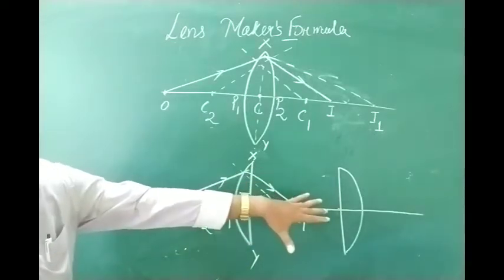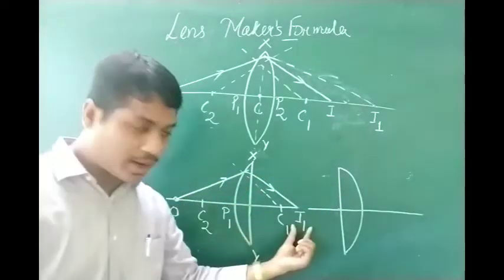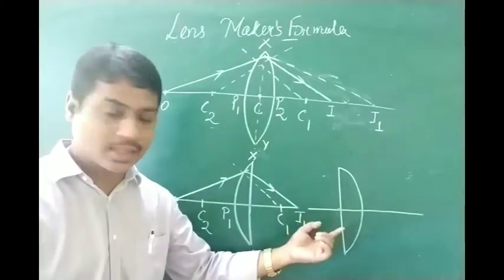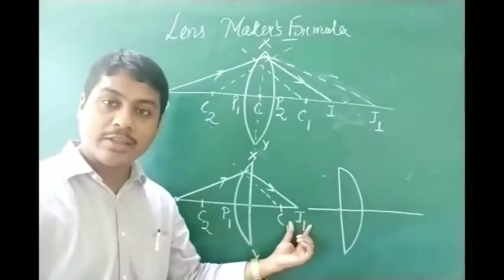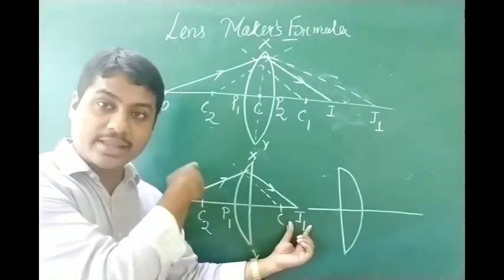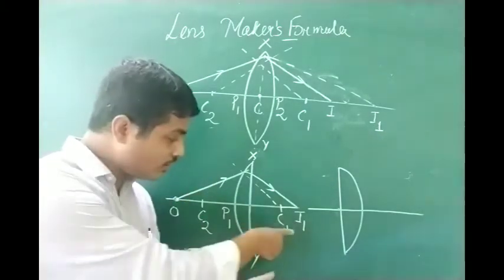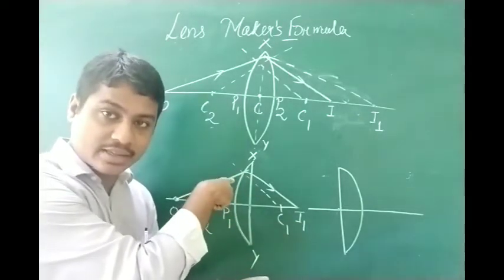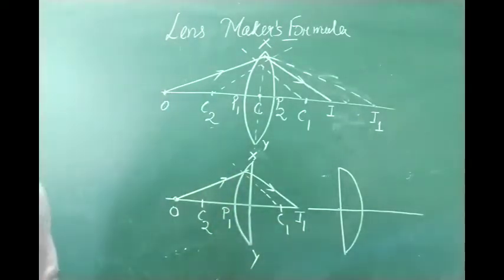So the second part of the lens. Now what will happen, this I1, as I have already told, will behave as a virtual object for the second part of the lens. That means this object is being placed inside the lens. It is inside the lens. This is a virtual point. This point is really inside the lens. So that's why what we have to consider,